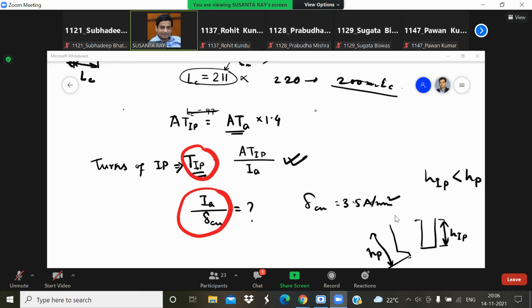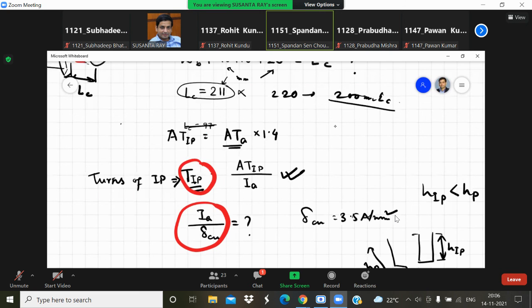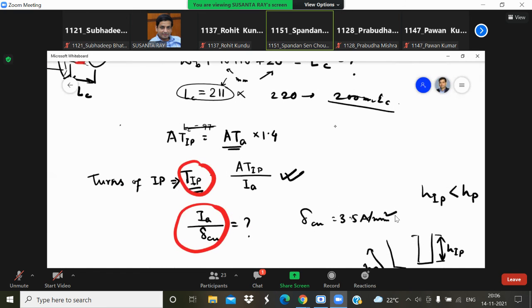Any doubts so far? Sir, I got the outer diameter of yoke as 469 millimeter, and my machine was 40 kilowatts. You said that it is on the higher side, so how can I reduce this value? Now, what is your main dimension? Main diameter is air gap diameter 289 millimeters. 289 millimeters. Yes, sir.